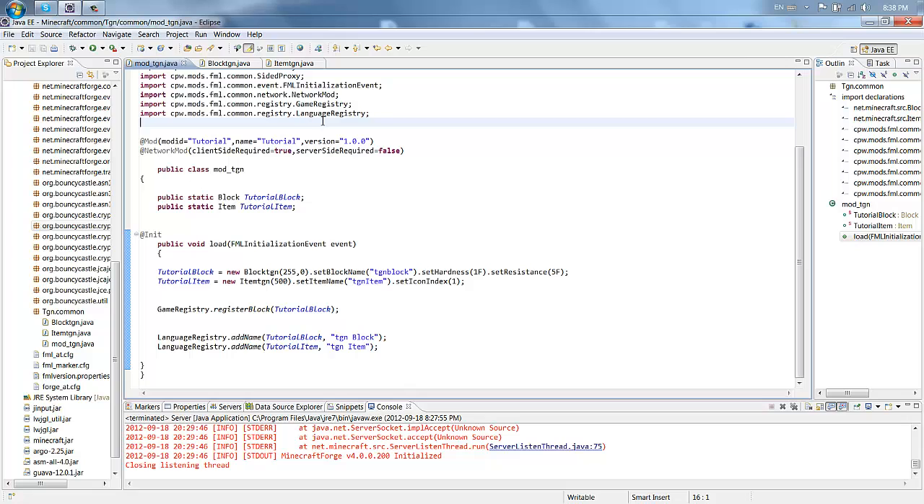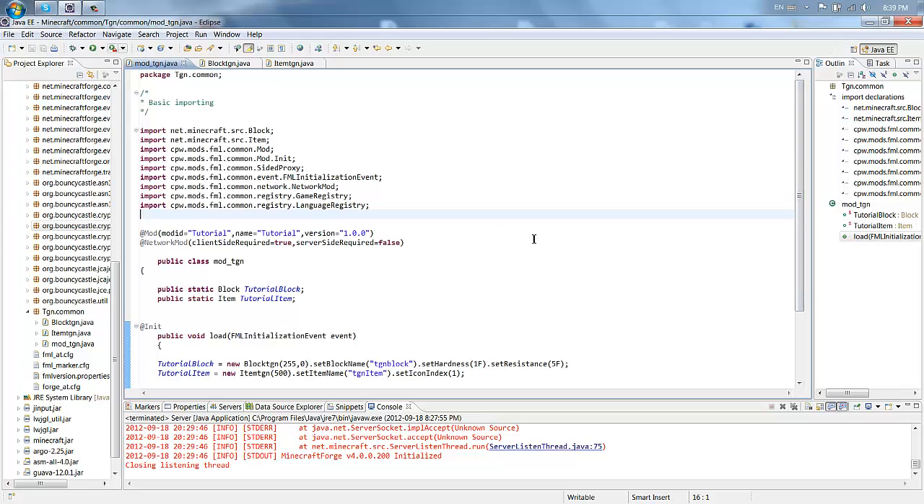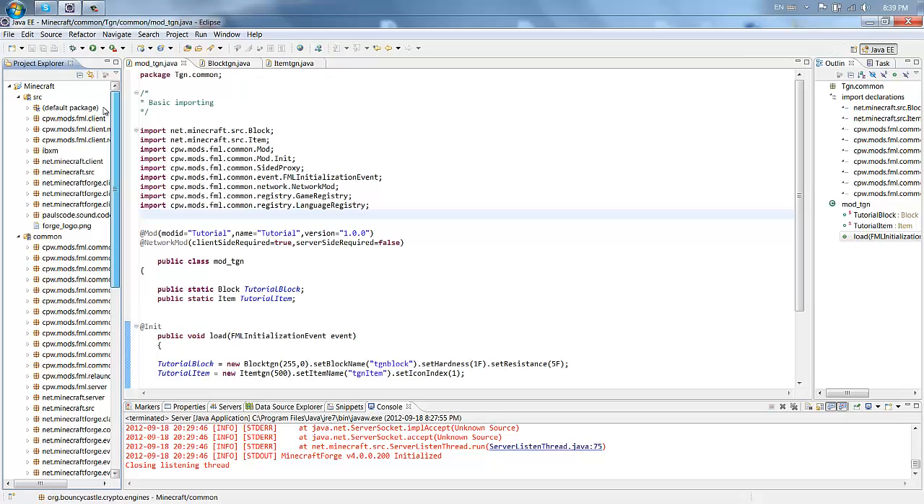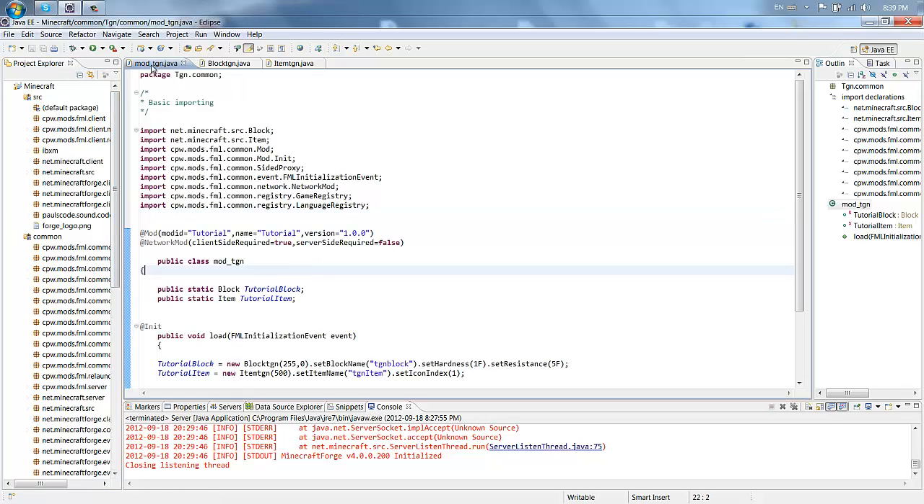In this tutorial, I'm actually going to restart the entire modding series. I've found out a more simple way of going about modding. Instead of having multiple files like a base mod, common proxy, and client proxy files, we just have a mod underscore file and entities and stuff. So pretty much,